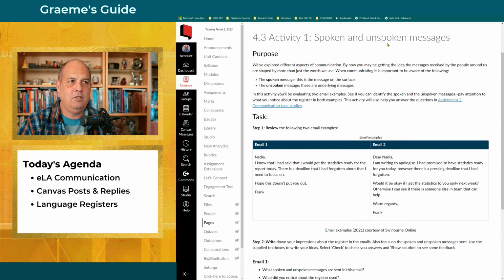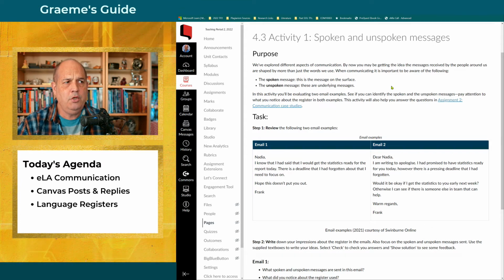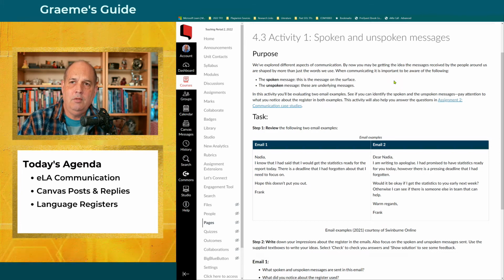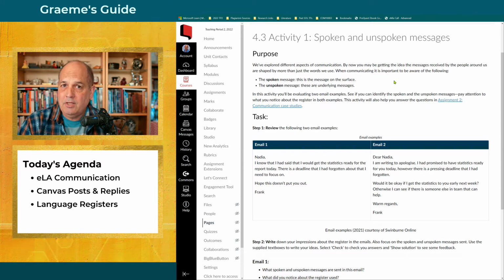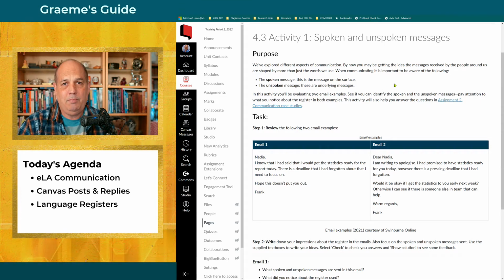So spoken messages and unspoken messages, it's a bit of what you might feel. So this could be different in different cultures. In some cultures, an unspoken message might be obvious, whereas in other cultures, it may not be so obvious.